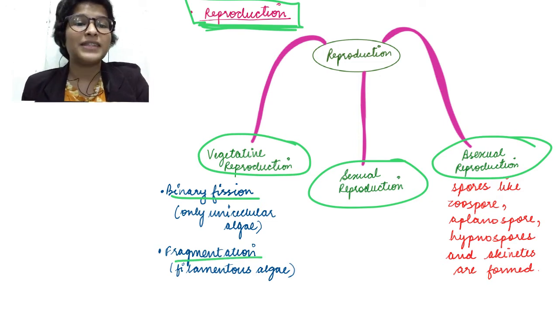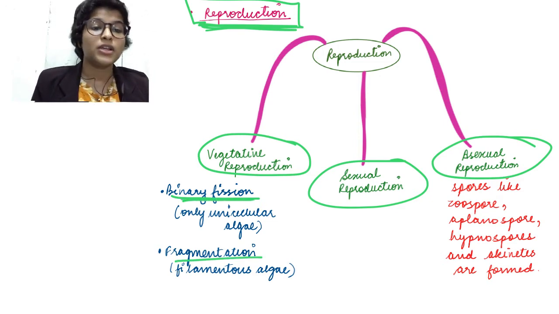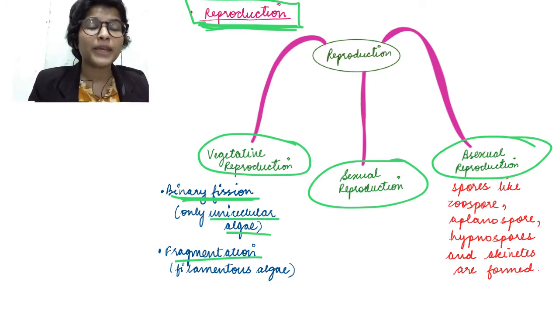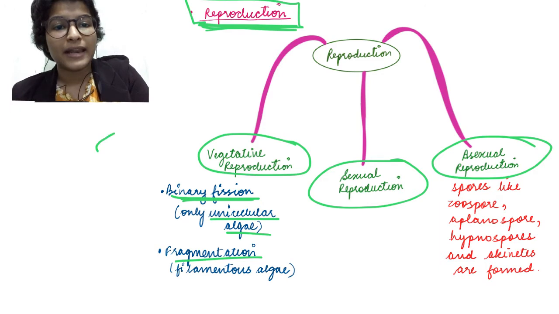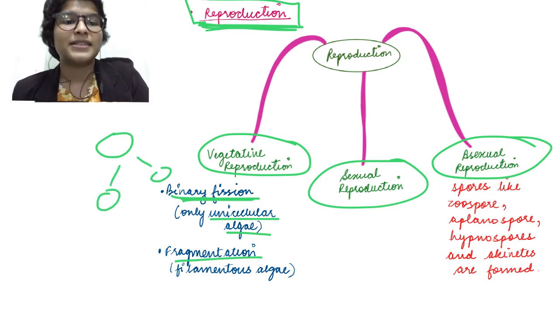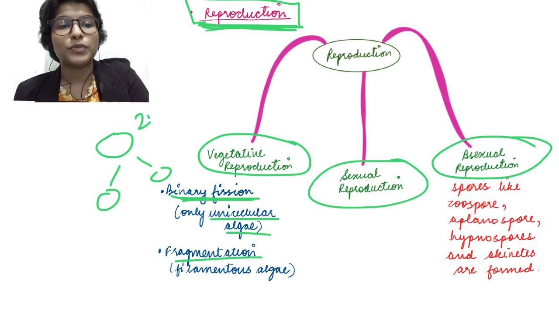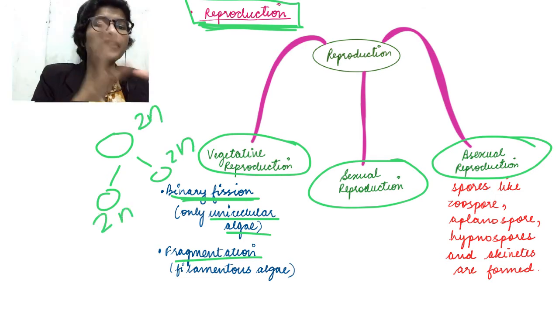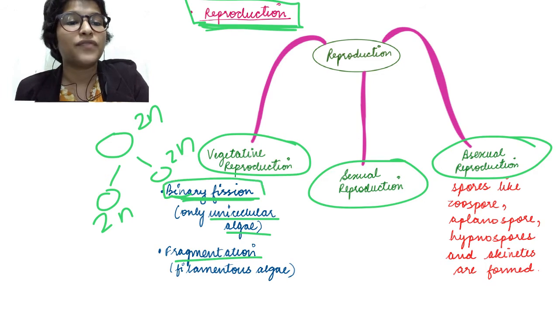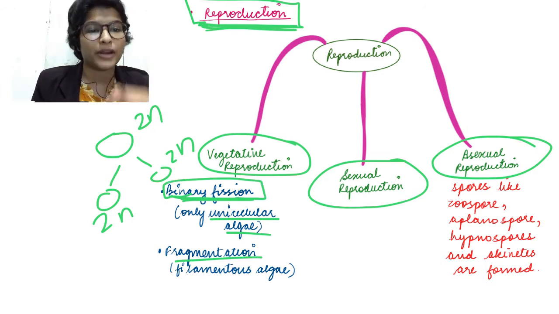Binary fission, like we have seen in kingdom Monera in bacteria, this happens in unicellular algae, because binary fission में क्या होता है, one cell, a mother cell, literally divides into two daughter cells with the same number of chromosomes. It is just simple division which helps in making two cells from one cell. That is binary division. We have learned about the details in kingdom Monera.